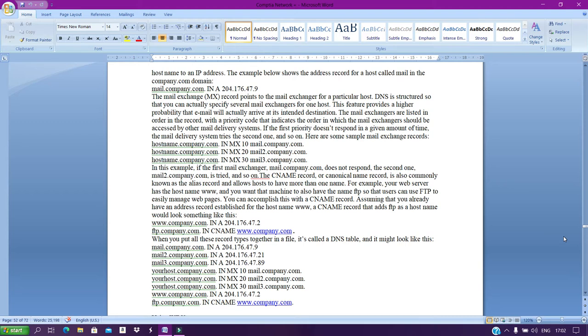The CNAME record, or canonical name record, is also commonly known as the alias record and allows hosts to have more than one name. For example, your web server has the host name www and you want that machine to also have the name FTP so that users can use FTP to easily manage web pages. You can accomplish this with the CNAME record, assuming that you already have an address record established for the hostname www. A CNAME record that adds FTP as a host name would look something like this: